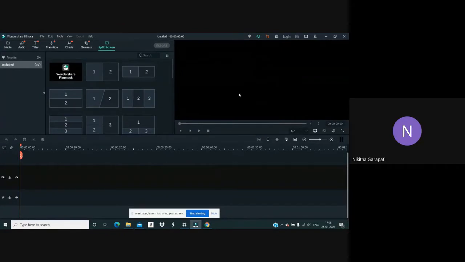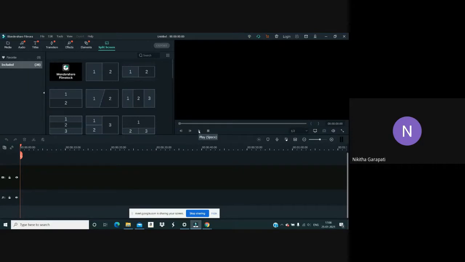So talking about this area, this is your playback window where you can preview your video that you're editing or which is edited. This has a lot of control buttons.